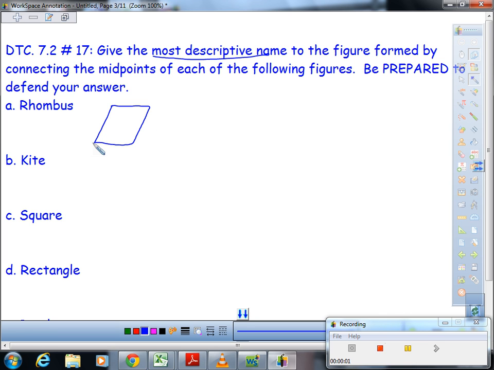how are those sides related? They're all congruent. What kind of relationship do the diagonals have? They're perpendicular bisectors of each other. That's key. Okay? So, when you draw the midpoints, when you connect these two,